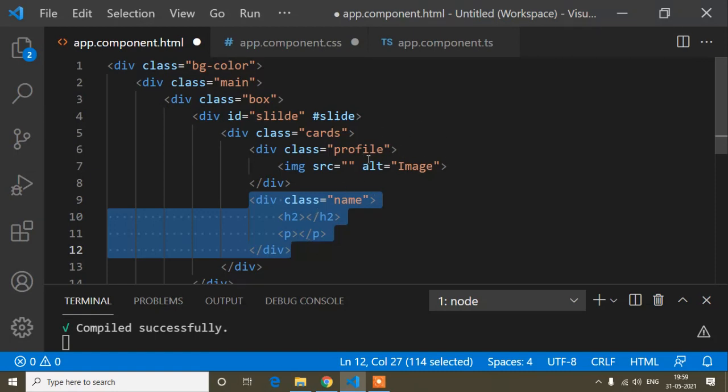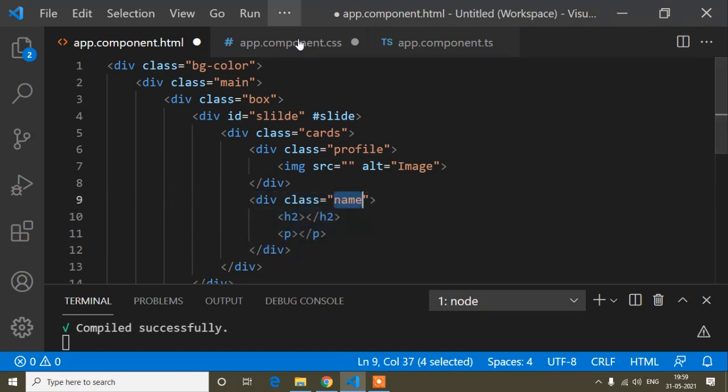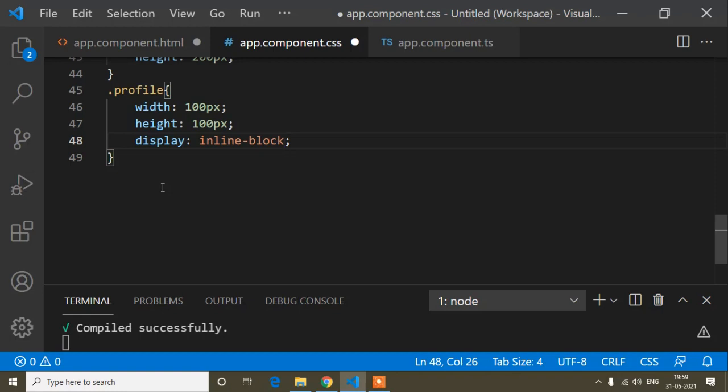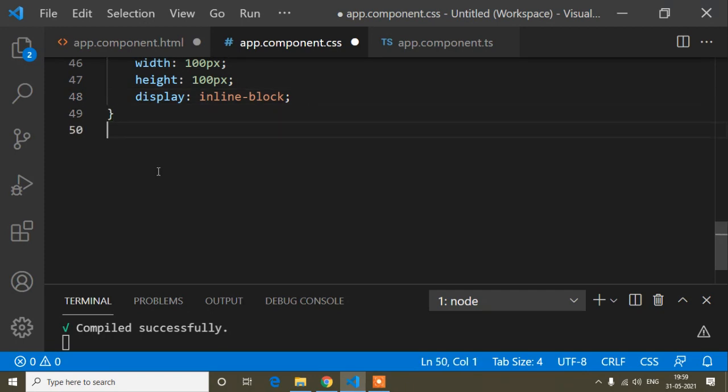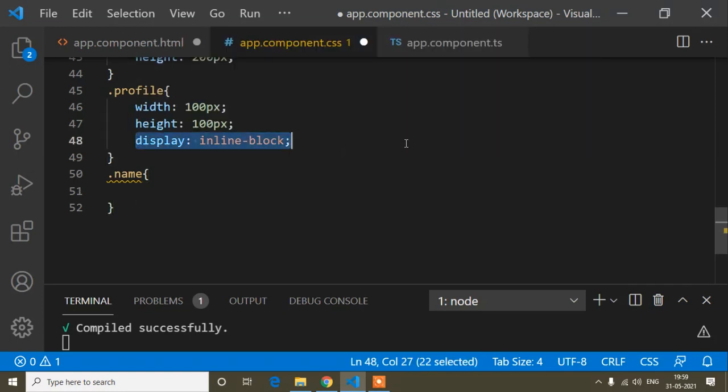So that's why I have made this profile div display inline-block, and in the same way this name div I have also made inline-block. So here I will write this name, and the same thing I will write, that is display inline-block.